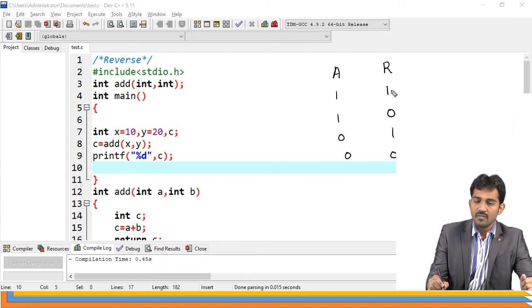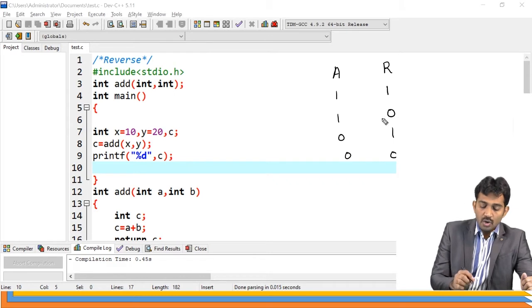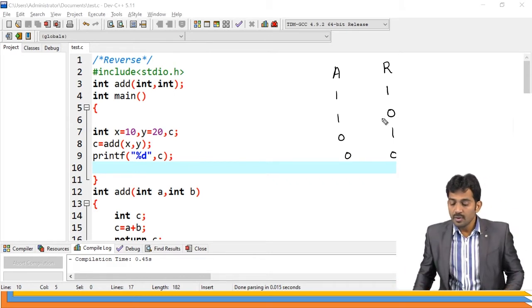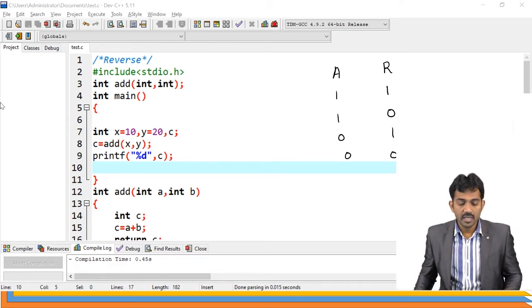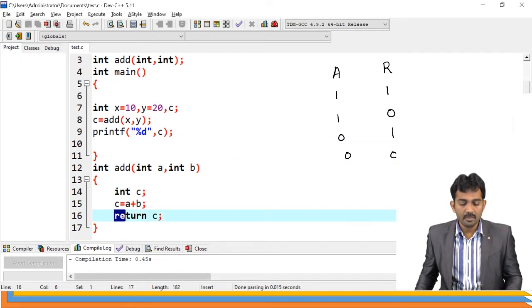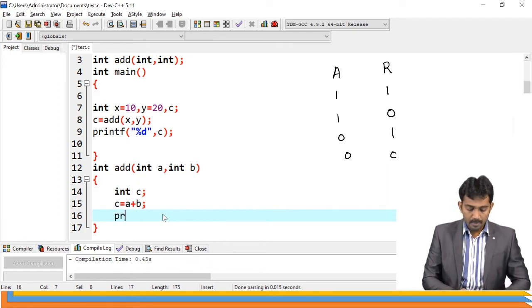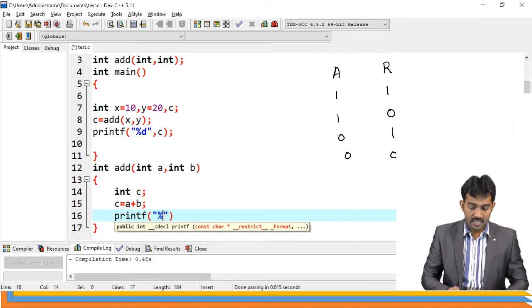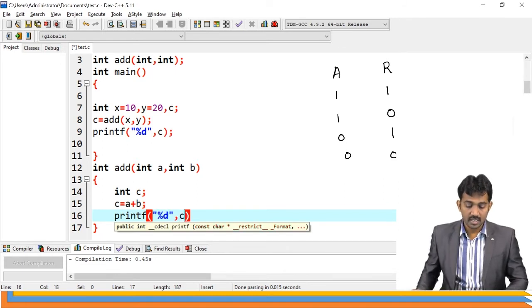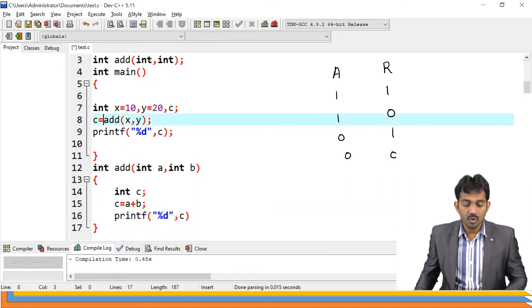Function with arguments with return values. Here, with arguments without return values. Without return values means here you pass the data and it comes to here, and instead of returning back, you are going to print the data here only. See, printf of %d, comma C. In that situation you don't write this C here.